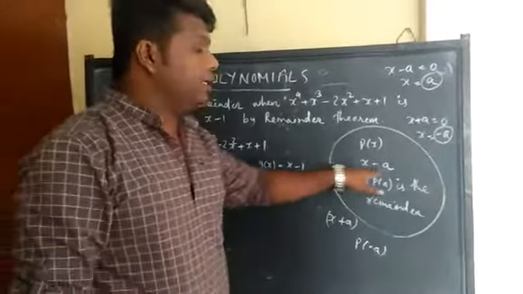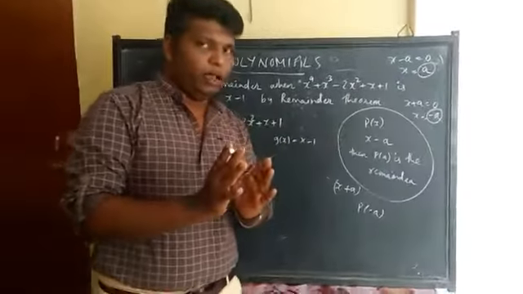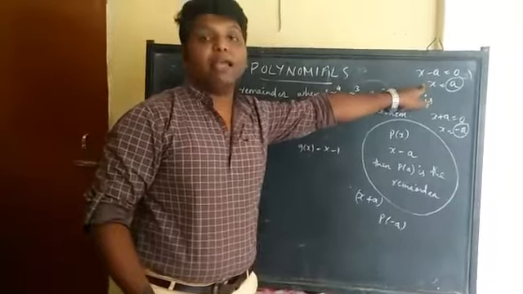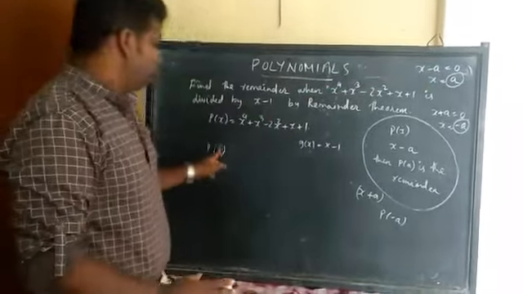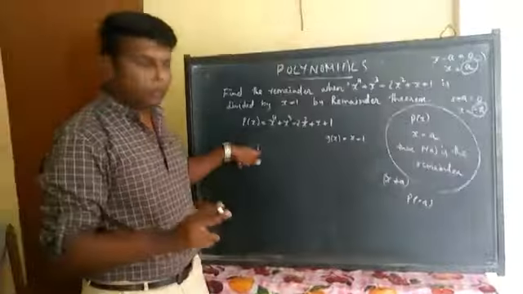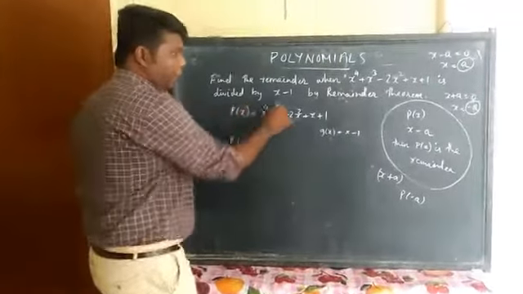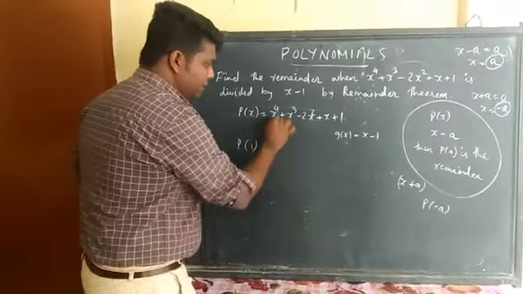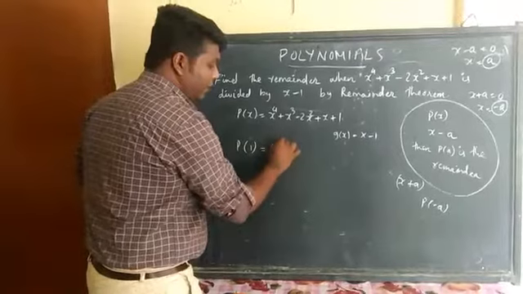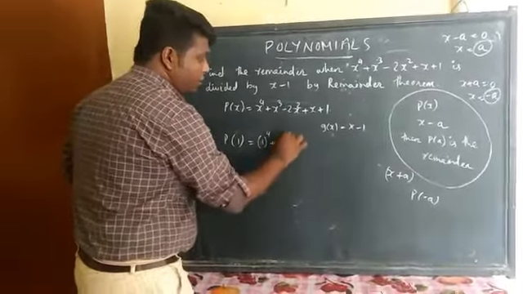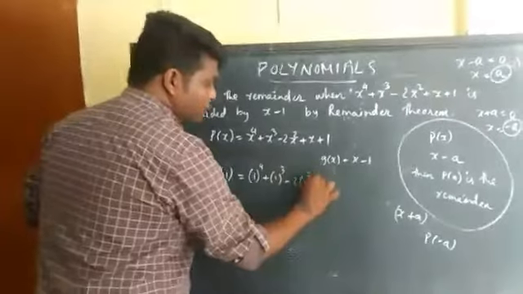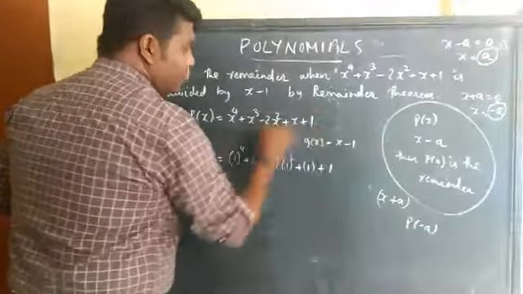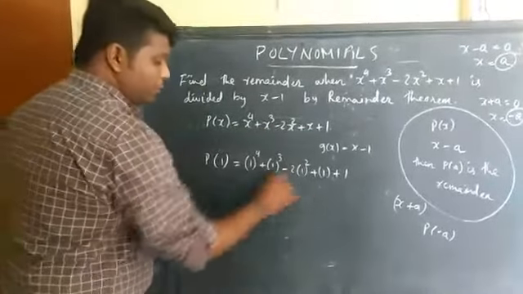Like this, whenever you are given any particular polynomial to divide by, just equate it to 0, find the x, and take that x out, and from that you will get the remainder. So here I am taking p of 1 because here it is minus 1, and the opposite of minus 1 is plus 1. Let me check p of 1: in place of x, I put 1. 1 raised to 4 plus 1 raised to 3 minus 2 into 1 square plus 1 plus 1. So I substituted 1 in place of x.